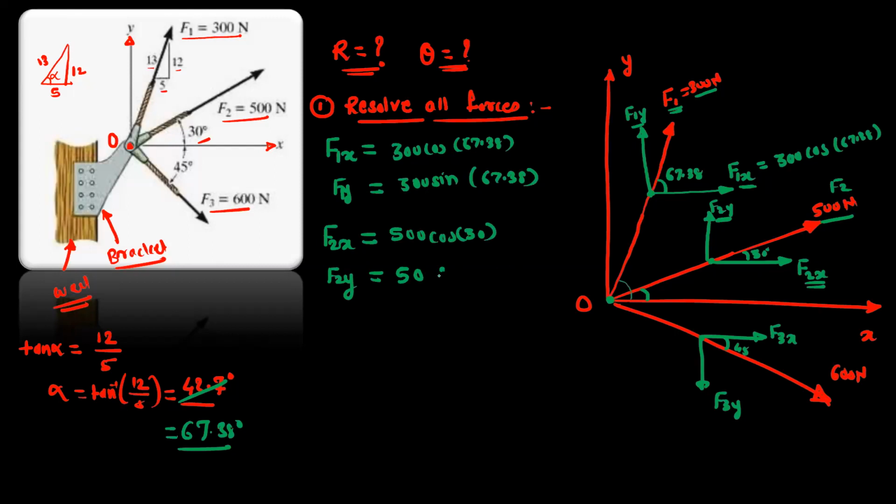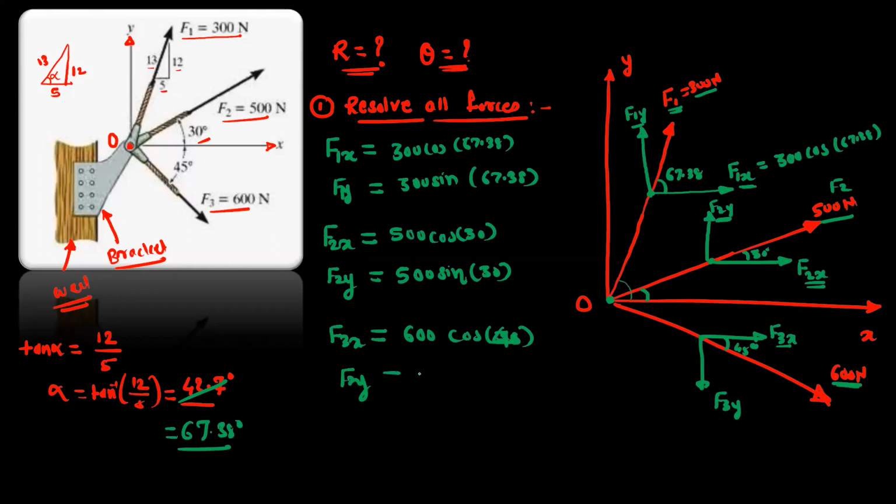So this is 500 sine 30. Then F3X is equal to, now observe F3X is adjacent to angle 45 degree. So F3X is cos, force is 600 Newton, cos 45,